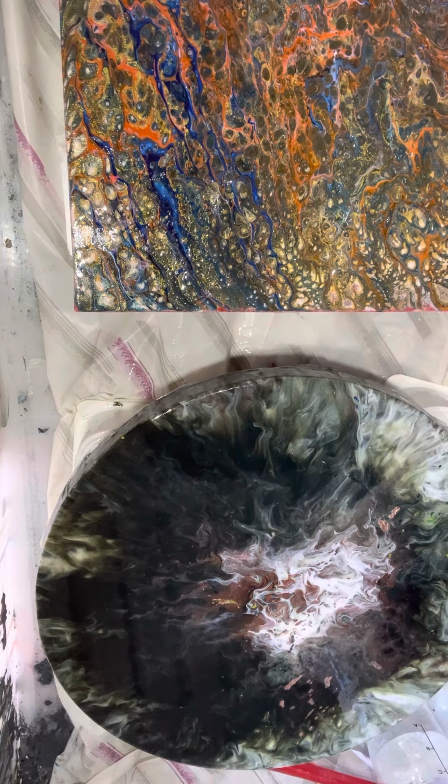Now we'll put another coat on each of these. And then we'll let them sit for a few days. We'll let them sit for till...